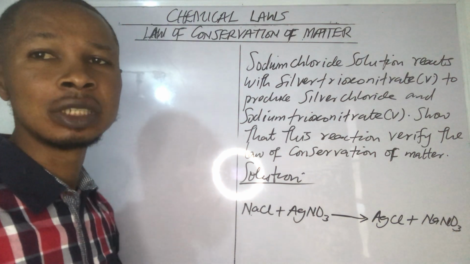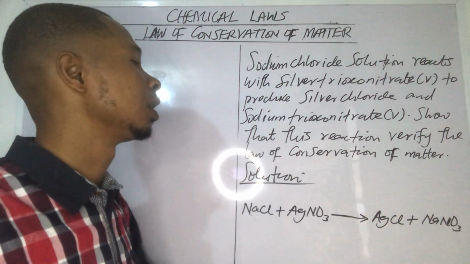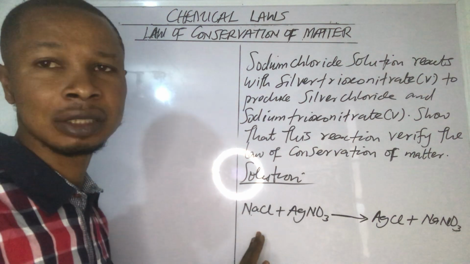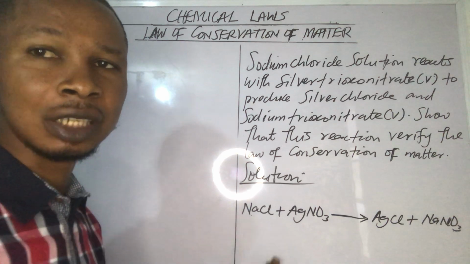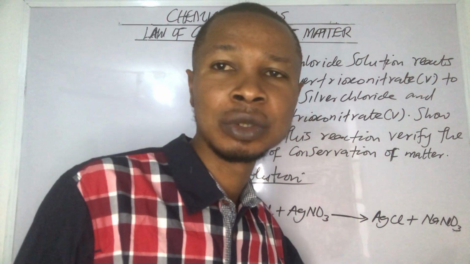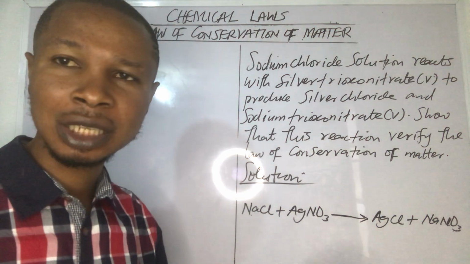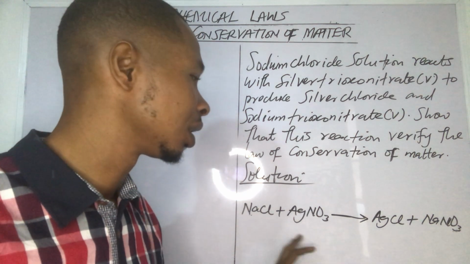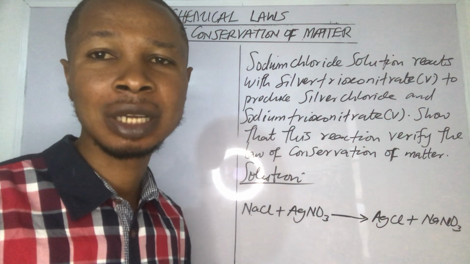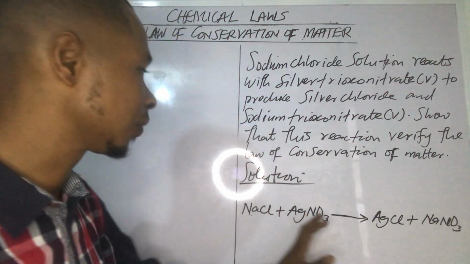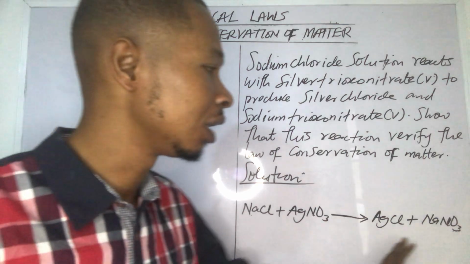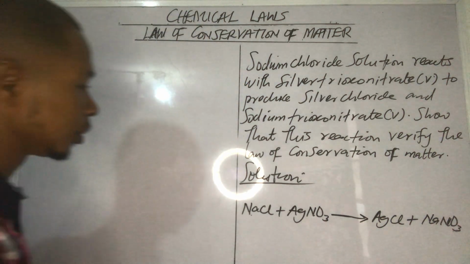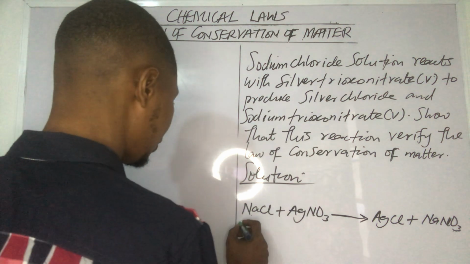Now, how do we use this equation to verify the law of conservation of matter? We need to first calculate the total mass of the reactants and see if it is equal to the total mass of the products. If they are equal, it shows that the law of conservation of matter has been verified. So let's find the total mass of the reactants. You have sodium is 23